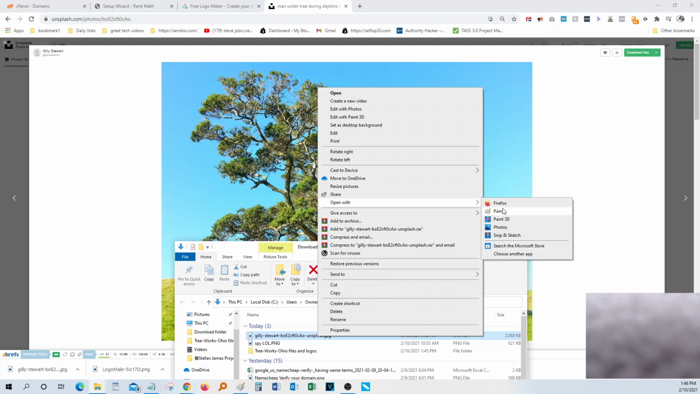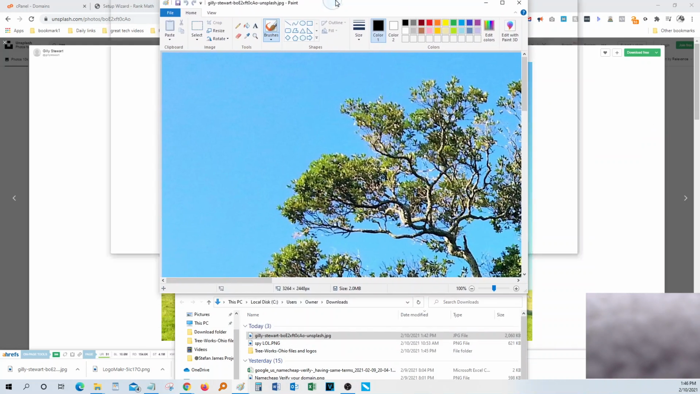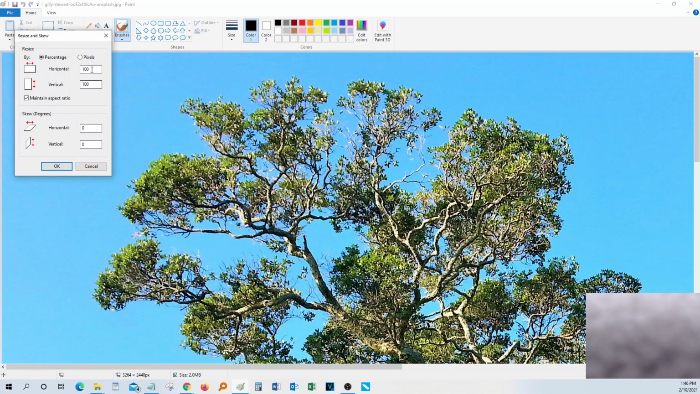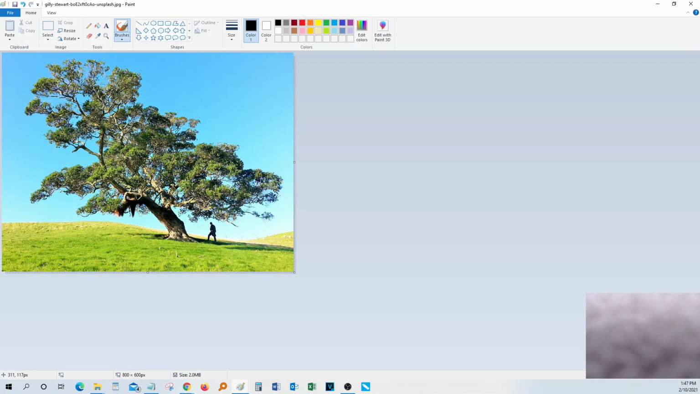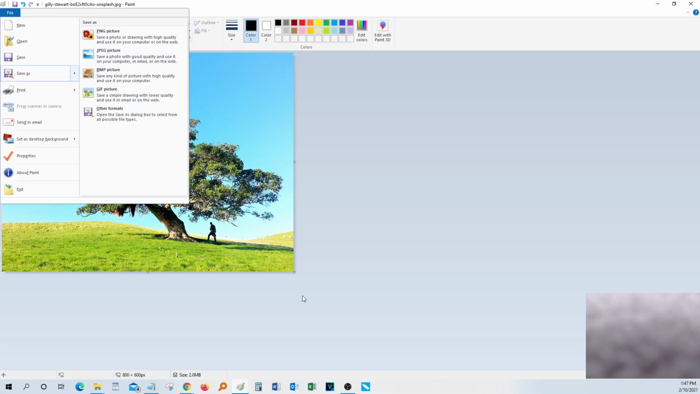You need to open it with Paint. There it is. And all you gotta do is just hit resize. Come down here, click on pixels. Right now it's 3000 by 2000. You want to just come down here and just make it 800, and automatically the horizontal is 800 and the vertical is 600. Automatically adjust it for you. And you just basically save it. There it is. It's a lot smaller now. You don't want your social image to be too big, and you just save it as, and then you